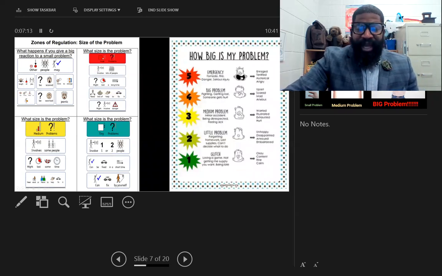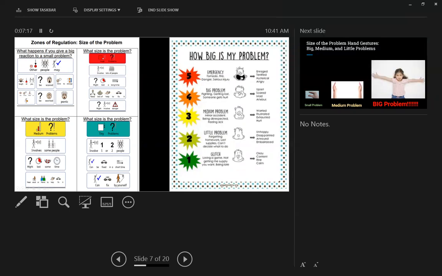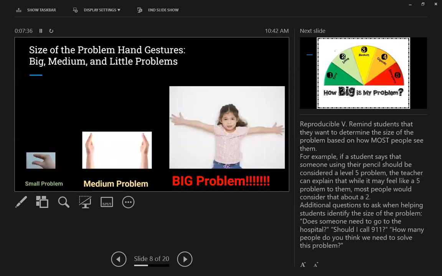So guys, I really hope you appreciate this lesson and use this information. Think about this when you're in school. You're getting upset with the kid. You want to tell on the teacher. Think about where this problem lies. Is this a problem of 5? Is this a huge problem? Is it a medium problem? Is it a little problem? Do we need to call the teacher for little problems? Do we? No. Small problems we can handle ourselves.